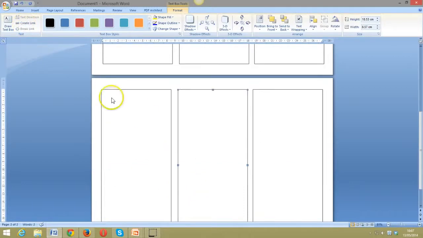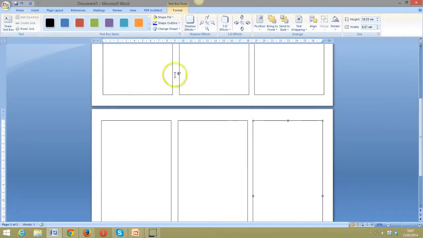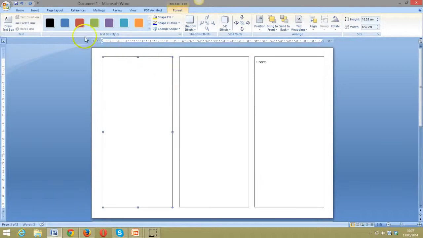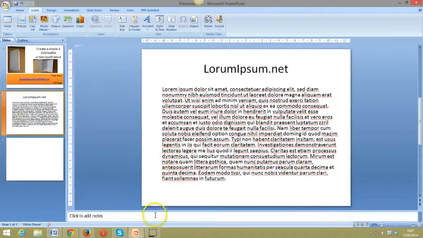Okay, so let me just continue to do that. So I click on Create a Link, and it's going to go into that box there. I select that box, create the link, and it's going to go into that box there. So I can now select that box, create the link, and it's going to flow into that box there. So now all of these boxes have got a text that will flow between them. So let's just check and see if that actually works. And the way I'm going to do that is I'm going to go across back onto the PowerPoint slide, and then I'm going to pick up my text here,